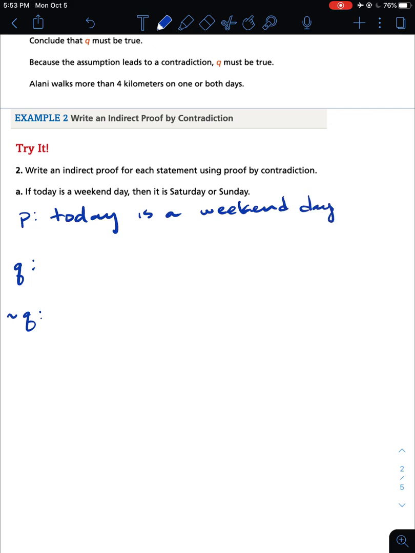And I'm going to always assume that this is true. So my hypothesis is true no matter what. My conclusion is it is Saturday or Sunday. Now for my indirect proof,